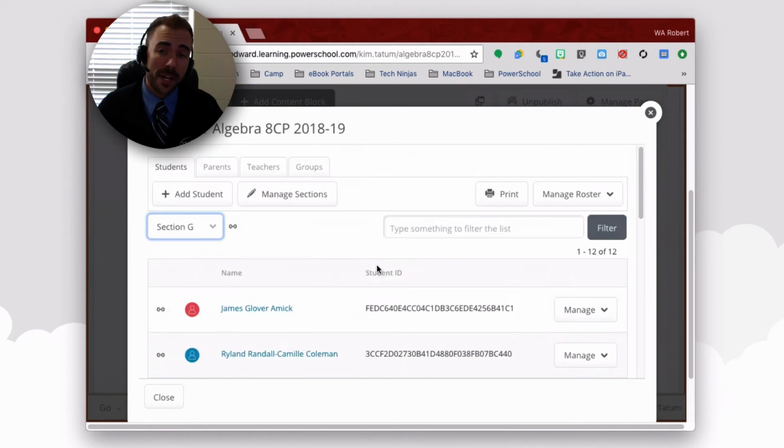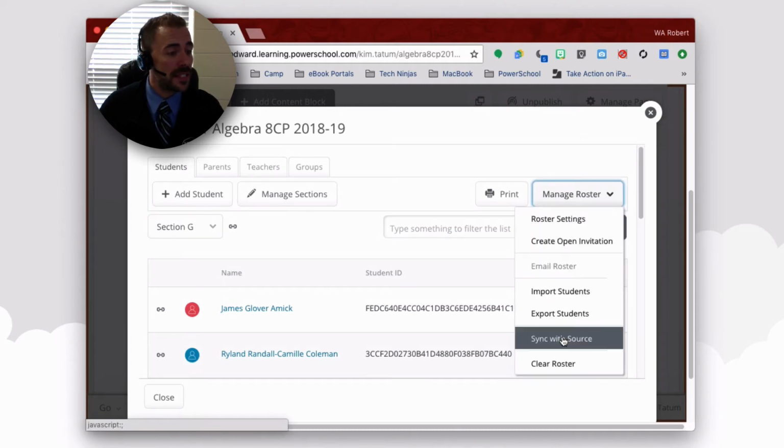So the next step I should do is to sync PowerSchool Learning with Admin Plus manually. Again, it'll automatically happen 24 hours after that change happens in Admin Plus. However, you can actually sync with Admin Plus manually. So we'll try doing that. Again, go to Manage Roster, and then you see Sync with Source. So I'll click Sync with Source,